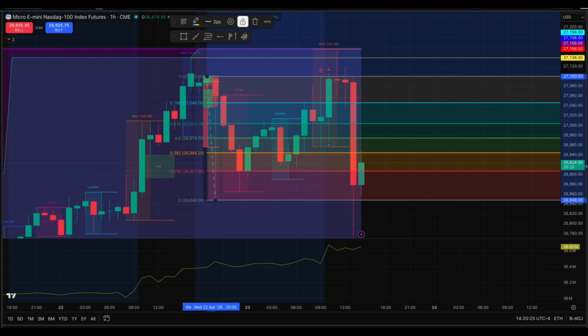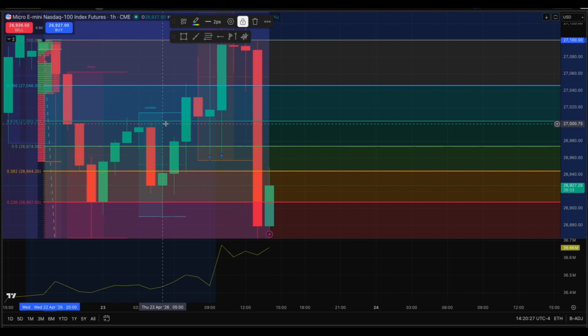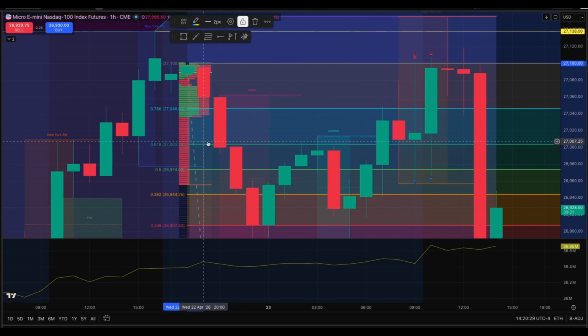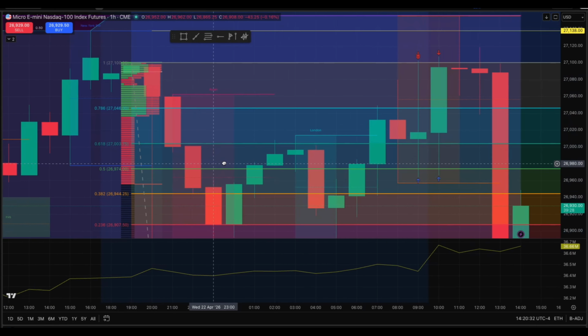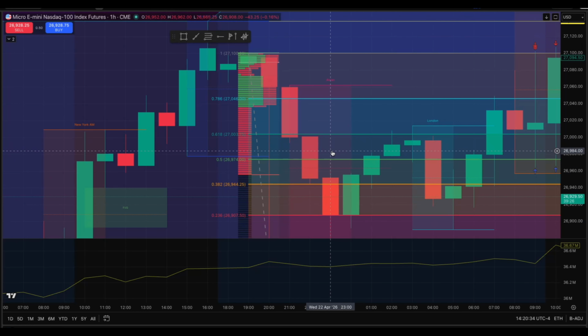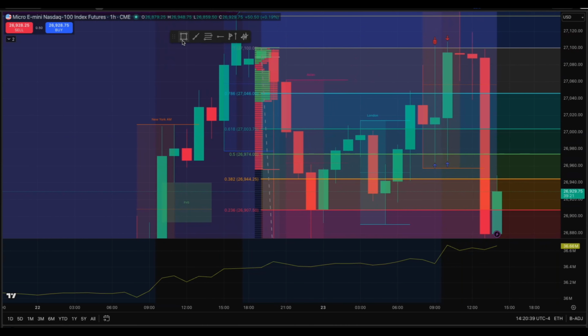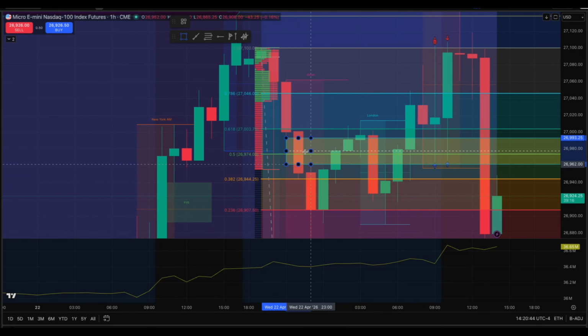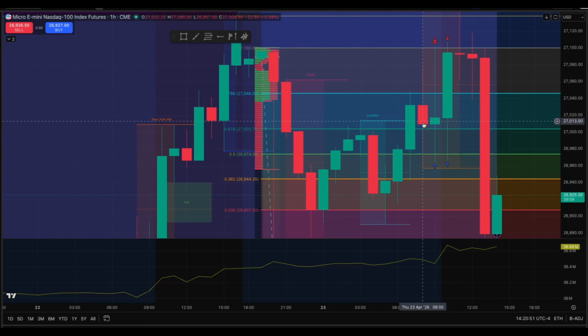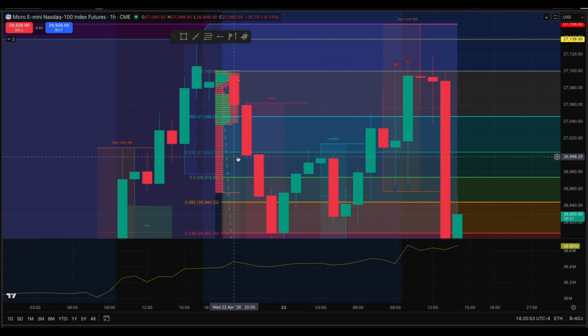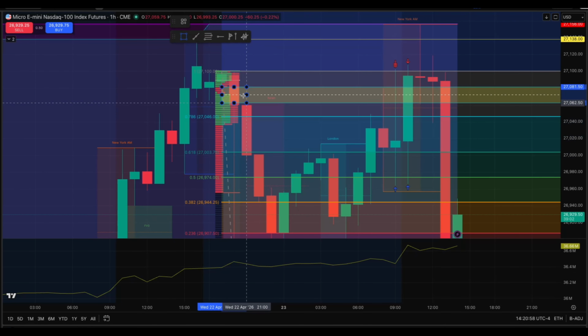So we know, or we should have known, now that I've finished the day and analyzed my mistakes, we should have known that because there's no OTE here, technically sometimes when it's a SMT or a strong move, the equilibrium will work, but as you can see here, we broke right through it, so we disregarded that. And then there's none on the 15 time frame. The next one would be up here